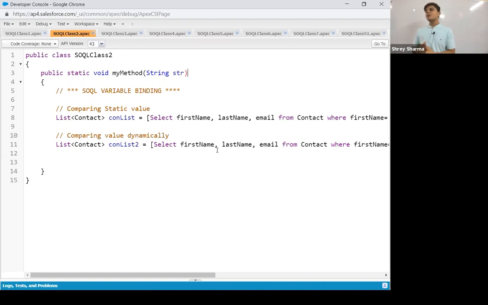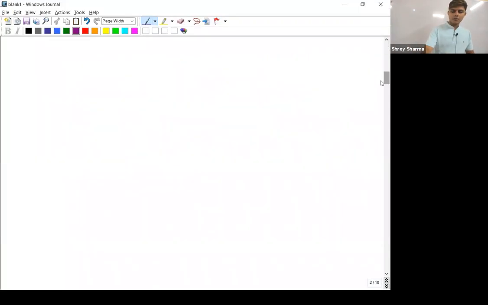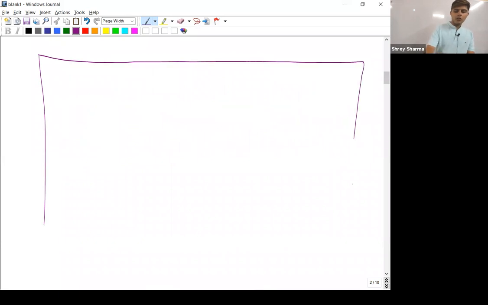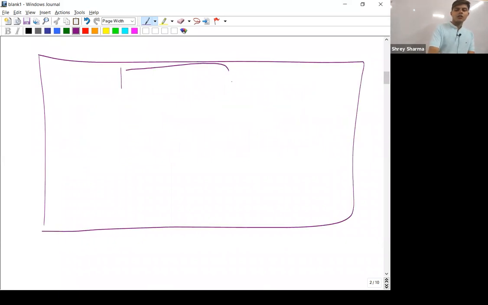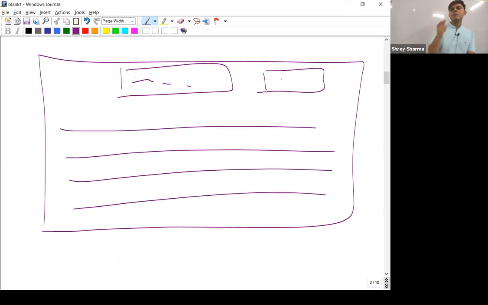Many times, whatever query we want to do is based on the input that our user is giving to us. So imagine I've got a web page in which my user has this field and there is this button. Whenever he enters anything in here and presses this button, a list of records matching that particular name comes up, right?